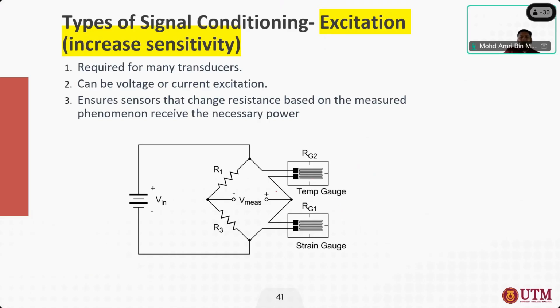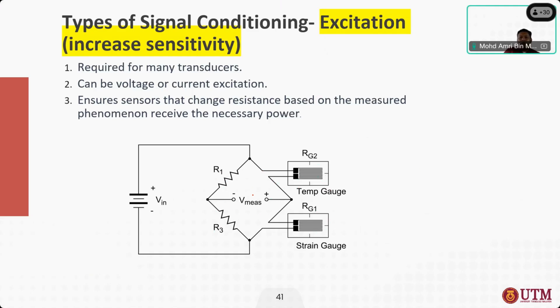But in this case, the gauge output itself is not directly voltage. So we can use a simple voltage divider, but the sensitivity will not be that significant. So for this case, we connect the sensors or the transducer into a Wheatstone bridge. And of course in a Wheatstone bridge we need a power supply and two fixed resistors, and two transducers, each on its own arm. So this will significantly increase the sensitivity of the output,